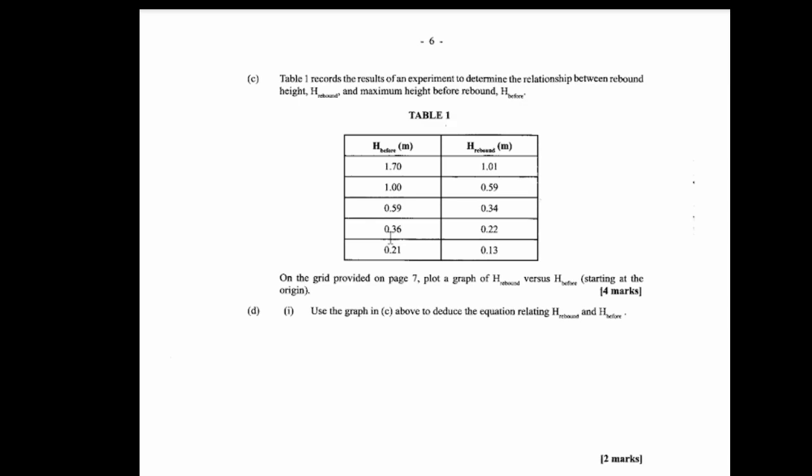Now, for instance, h before is going to be plotted on the x-axis since it's mentioned second here. So h before is going to be plotted on the x-axis. So our x-axis has to hold all of this information. So we start from 0 and we go up to approximately about 2 meters. Now, we need to find a scale that can fit those 2 meters with divisions in between to show that the graph is still big and show all the different points. So in order to do that,